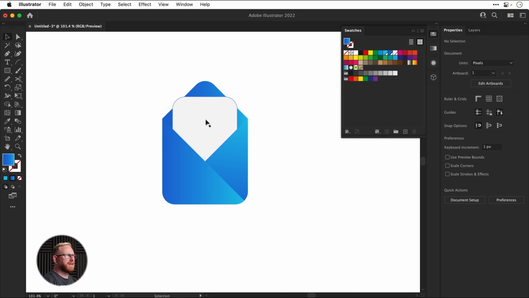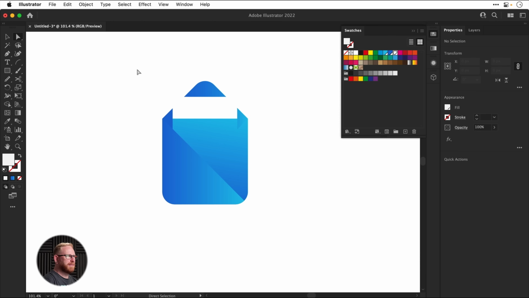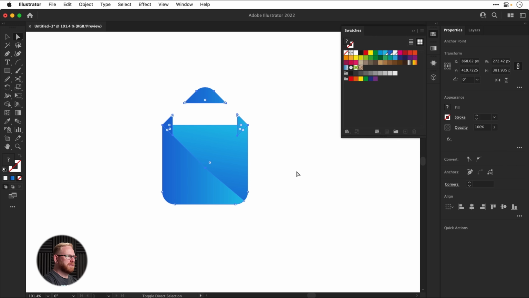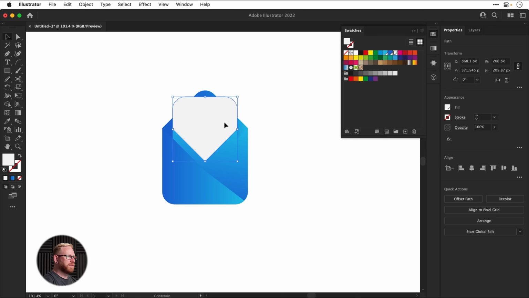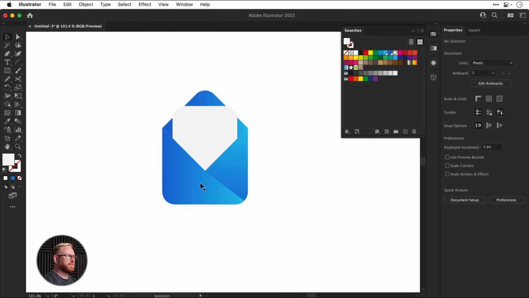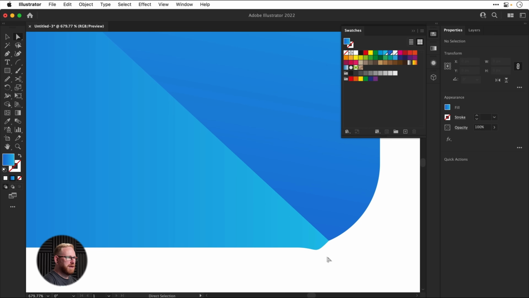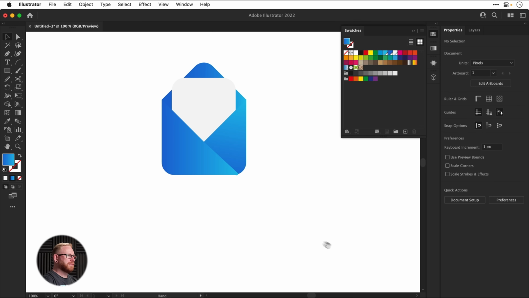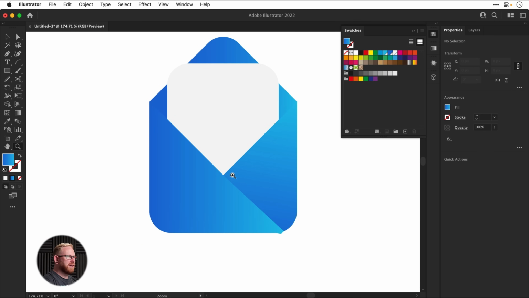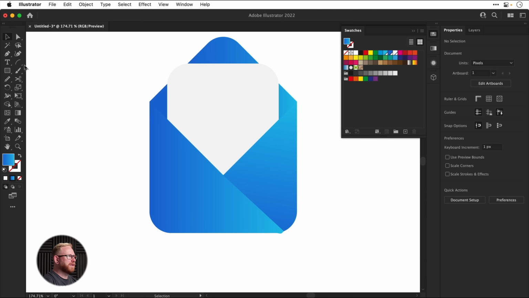Okay, so I'm just going to see if I can make the icon a little bit less deep by dragging over these top parts with the direct selection tool and using the down arrow key. I don't know how this is going to work. Paste that back in. Might be able to get away with it. So ideally I would have got the size exactly correct at the start. What I could try and do